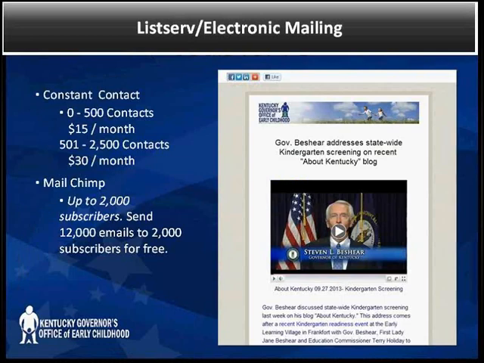So listservs. A listserv is an application that distributes messages to subscribers on an electronic mailing list. There are a few options out there for you. We use Constant Contact, so the messages you get from us are created in Constant Contact. It does have a cost associated with it. For 0 to 500 contacts, it's $15 a month, and the bump up to that is 501 to 2500 for